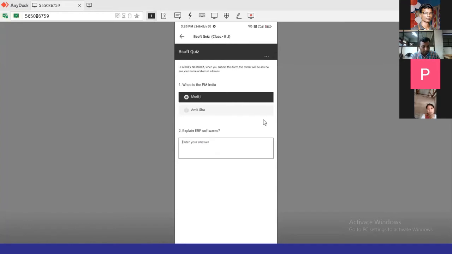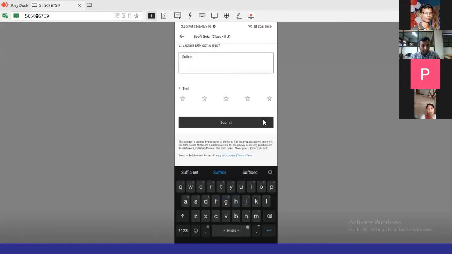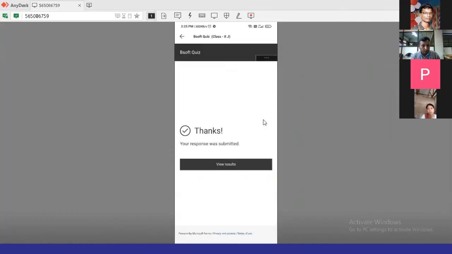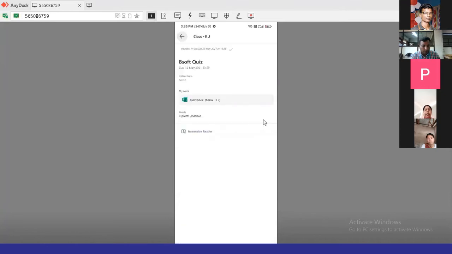You can also rate and click on submit. In a click of a button, I am able to finish my test very fast. Since it is an objective-type question, it shows me which are the right answers, and the grades are defined below.